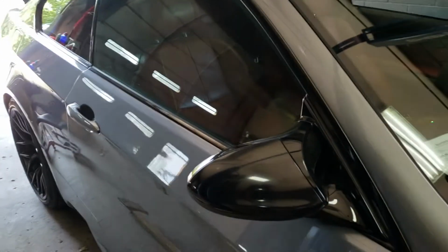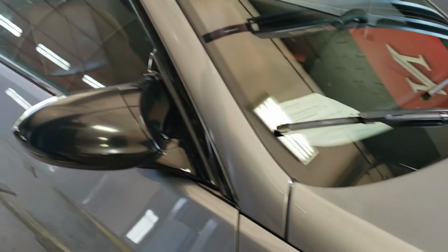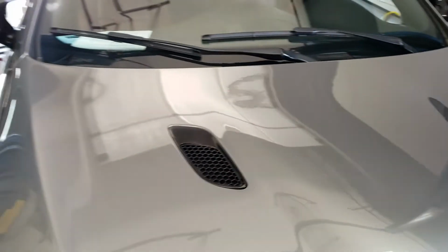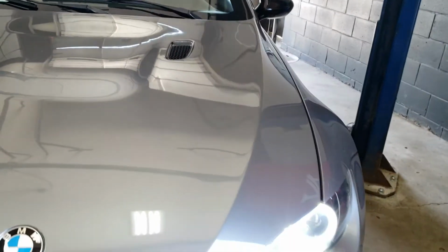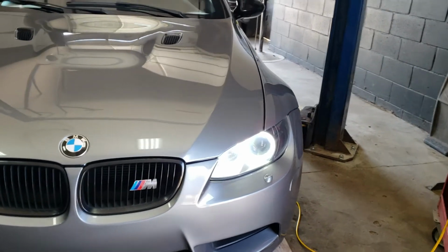So I hope this was helpful. If anyone else needs a pre-purchase inspection on a BMW, Mercedes, Land Rover, or any of the other vehicles that we work with, if you don't see it, just give us a call and we'll let you know if it's a vehicle that we can do an inspection on. For the most part, it's good to at least get an analysis of it before you buy,